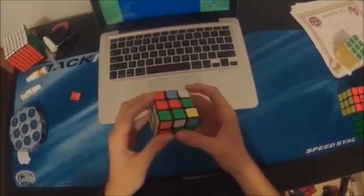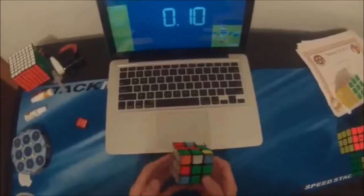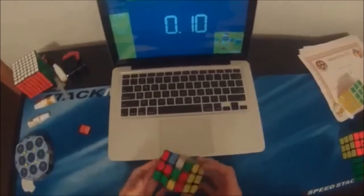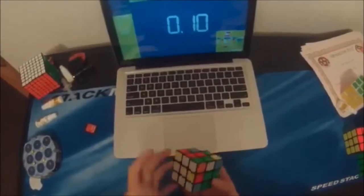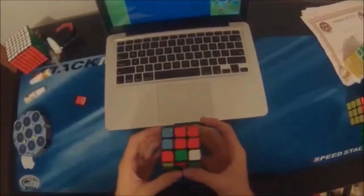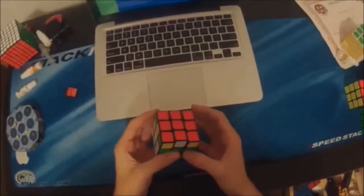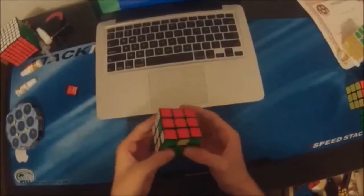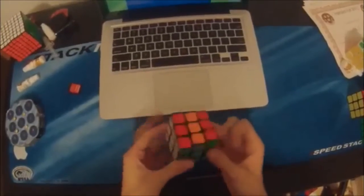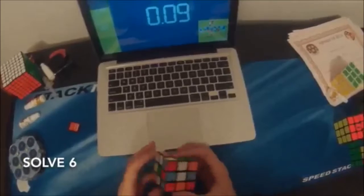And next, the less move count, the more optimal way to do this would make no edges oriented, so I'm going to do it a crappy way, just like that. And then I have this, and the only angle I don't know this U perm from, so I'd do U prime and then do the normal. Alright, so here's the next one, and